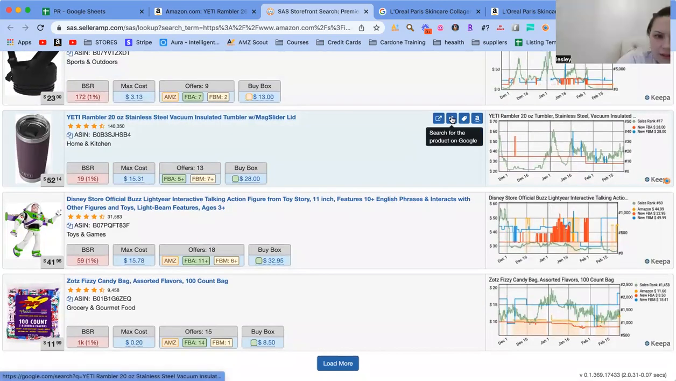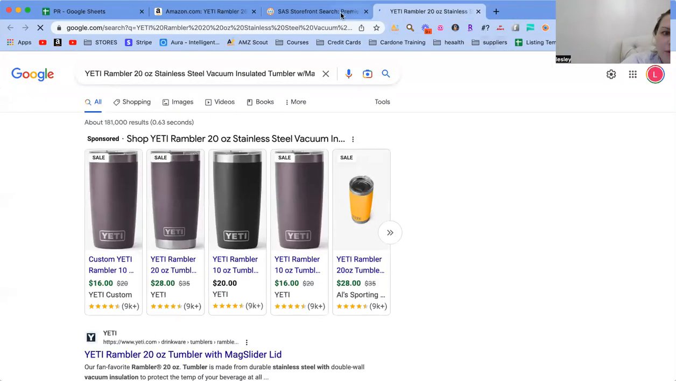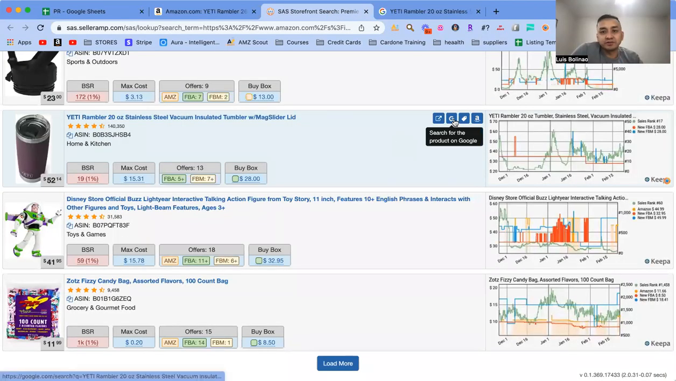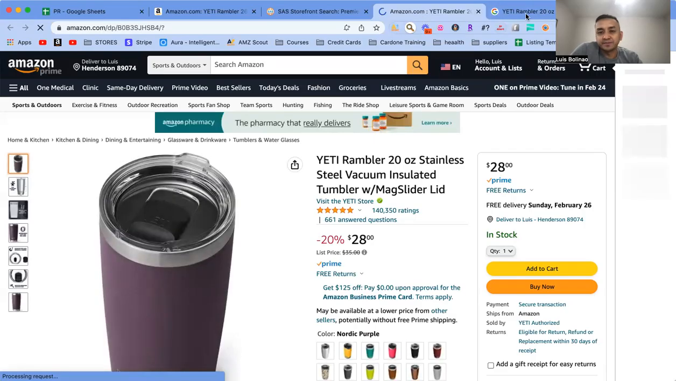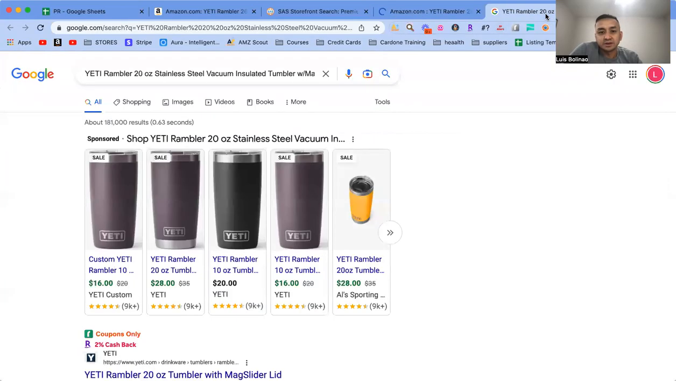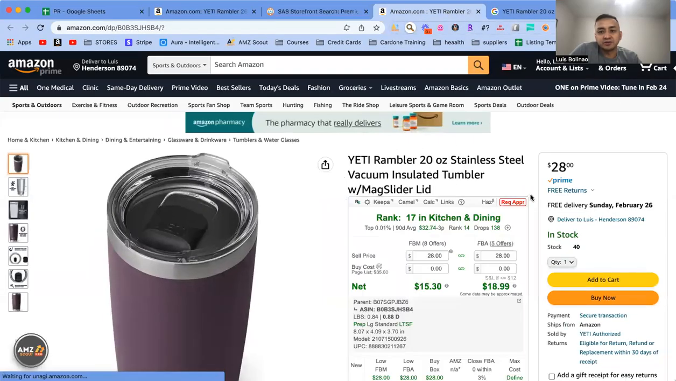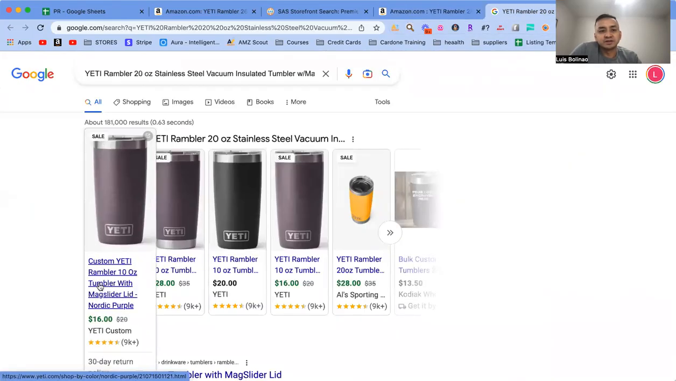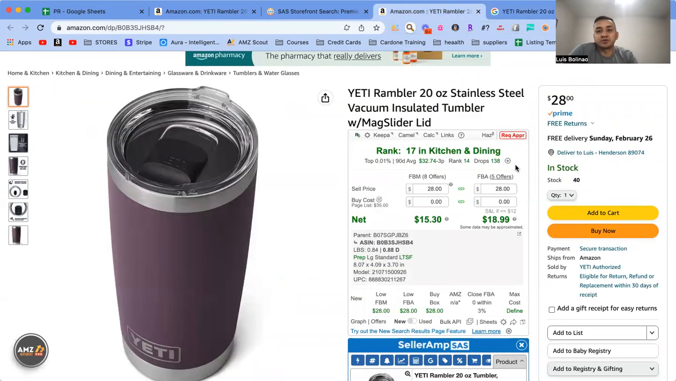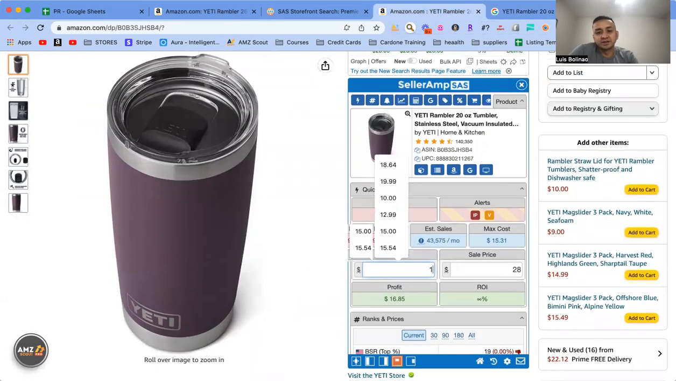So you go to the search for Google, and then it brings you to that same product, or a bunch of them on Amazon. So I would do Google here and then Amazon here. And that way you can compare side by side. So this one could be good. Actually, let me see. Yeah, this one could be good. So this one is $16. So let's plug in the numbers. This one is negative, but